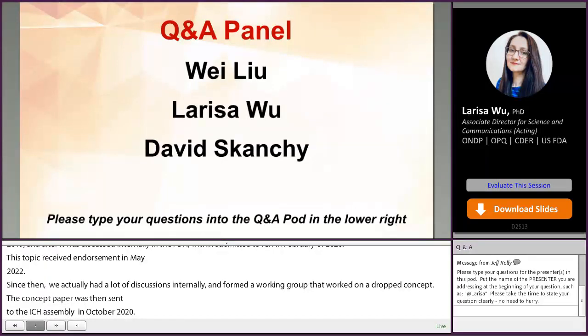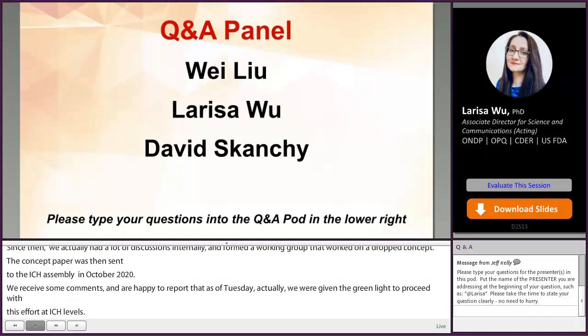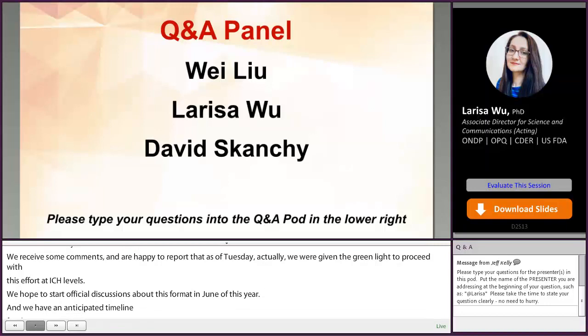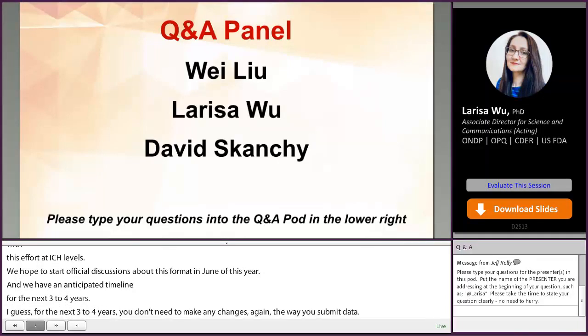So we hope to start official discussions about revisions of eCTD format in June this year. And we have an anticipated timeline to complete the revisions in the next 3-4 years. So for the next 3-4 years, you don't need to make any changes again in the way you submit data to FDA. But later on, we want to make sure that whatever we include in a revised eCTD